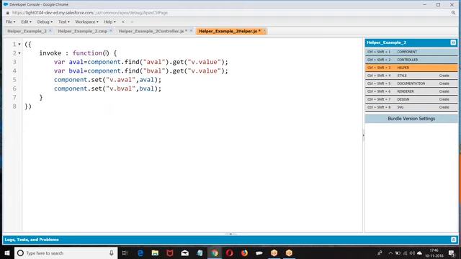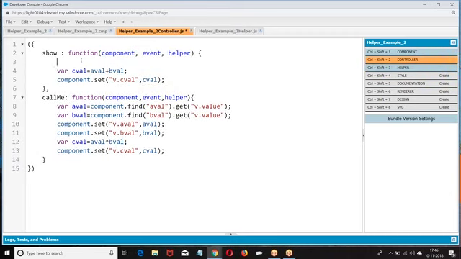Which component? If I pass the component, whichever component you are passing, that component's A value, that component's B value, we are going to read it. So we have a helper method which will read the value of A based on ID, find the value of B based on ID, and assign it to the attributes A value and B value.